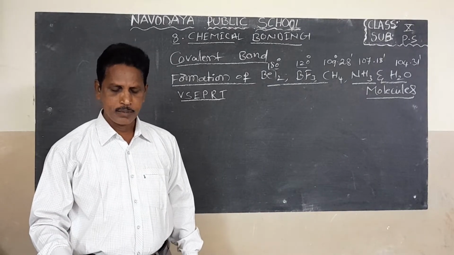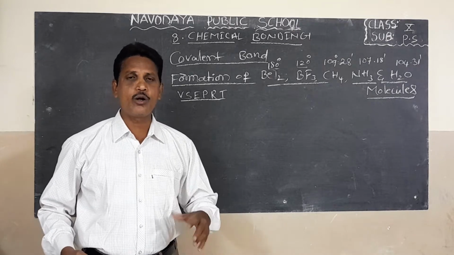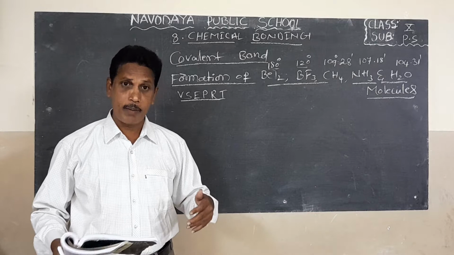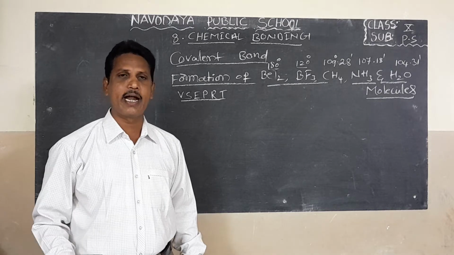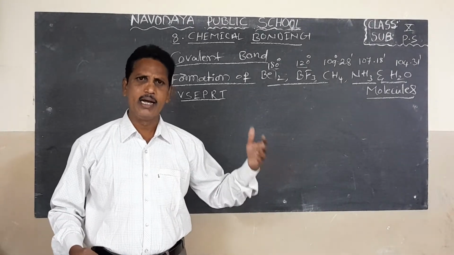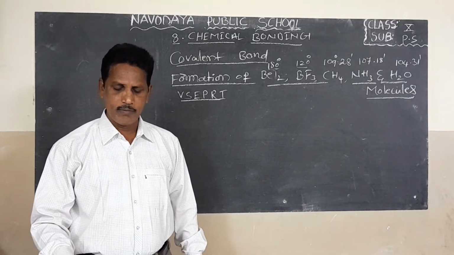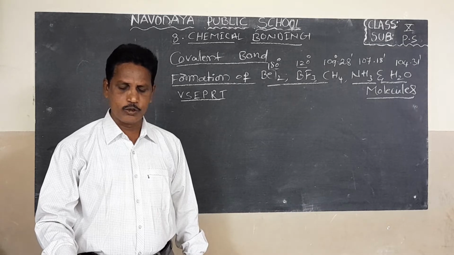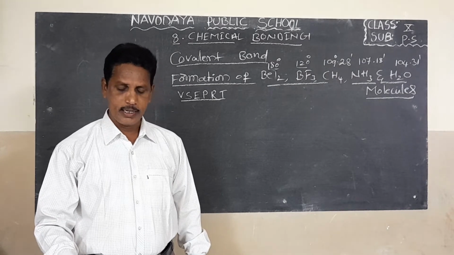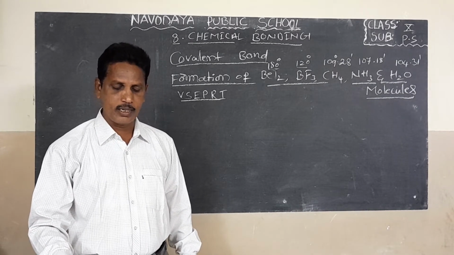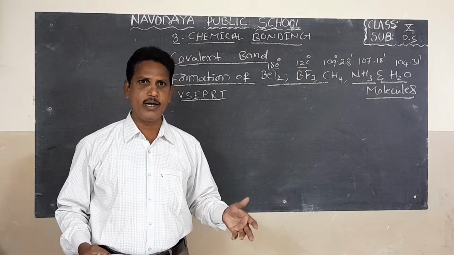See the second point. If we know the total number of electron pairs in the valence shell, that is, the covalent bonds and lone pairs in the central atom, it will help us to predict the arrangement of those pairs around the nucleus of the central atom, and from that, the shape of the molecule.